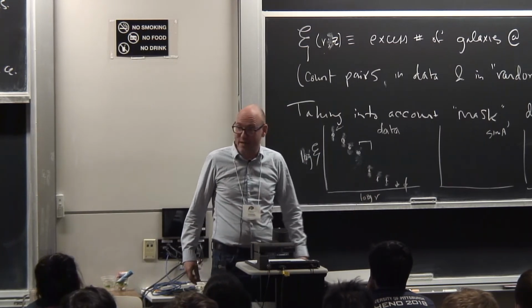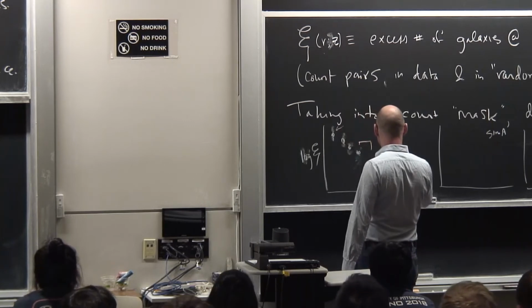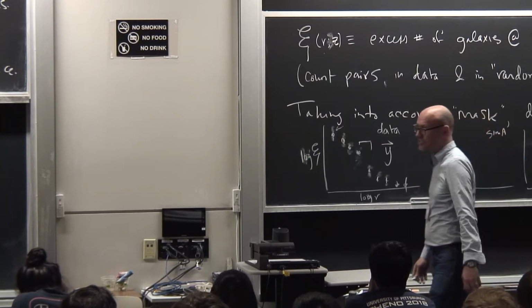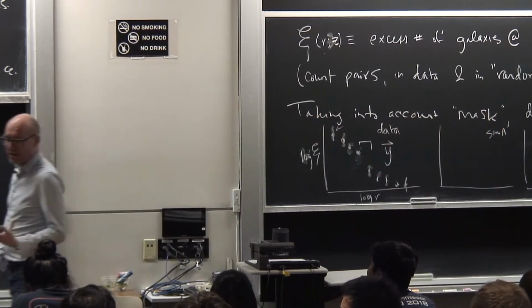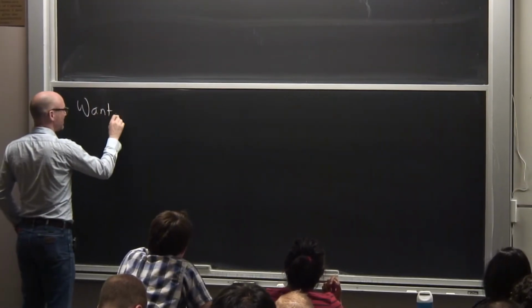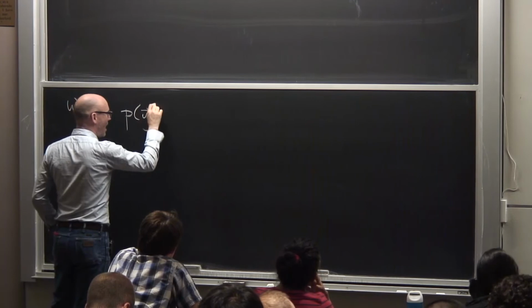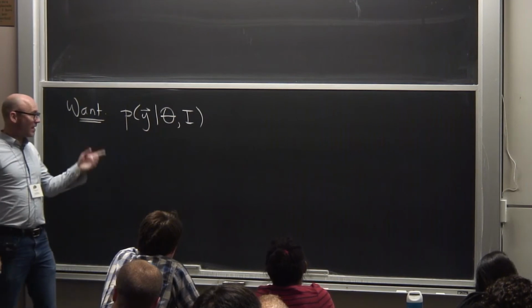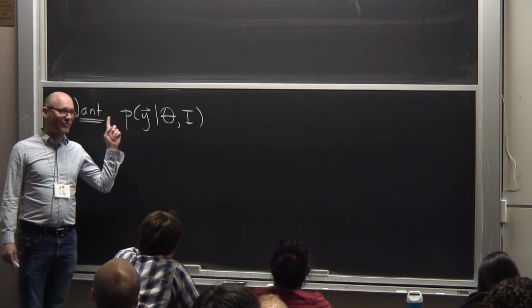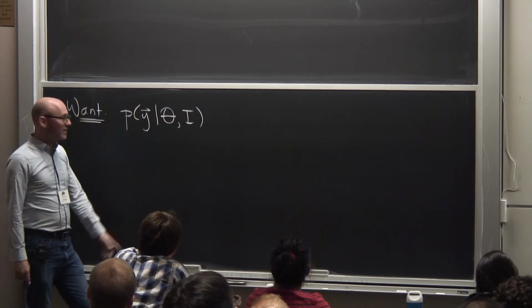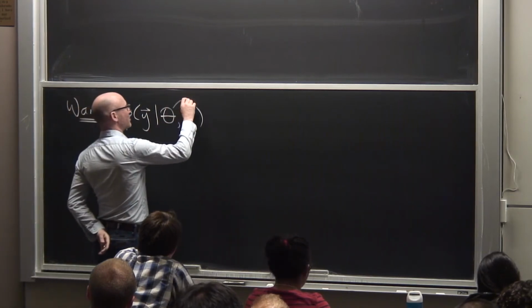How do we do parameter estimation? Well, if we call this data y, this set of points is a vector y, now we can ask, what do we get in the simulations, and how do we construct the likelihood? We need to have the probability. Sorry, I'm switching boards on you again. We want to write down p of y given theta. Notice that this is a pretty limited goal. We're not asking for the probability of the whole data set. We're only asking for the probability of the summary statistic, given these, which will now be the cosmological parameters.